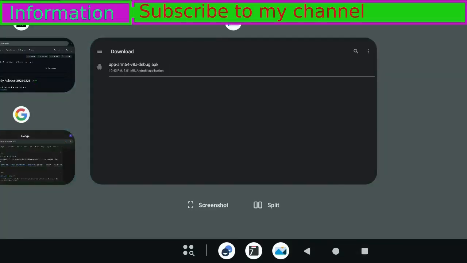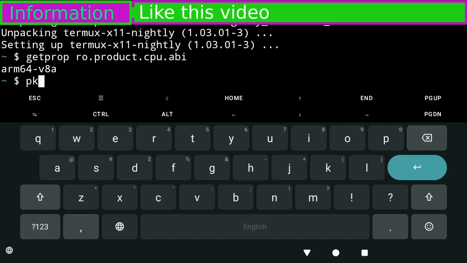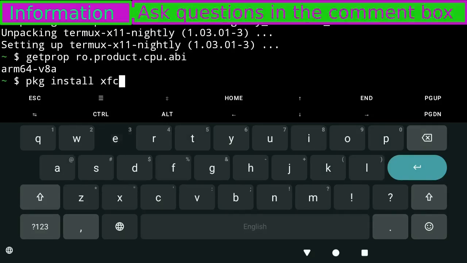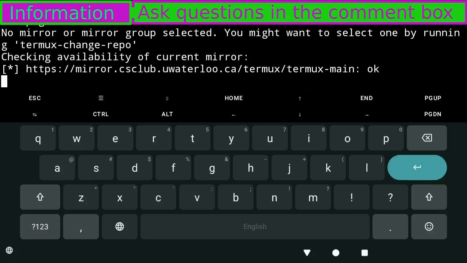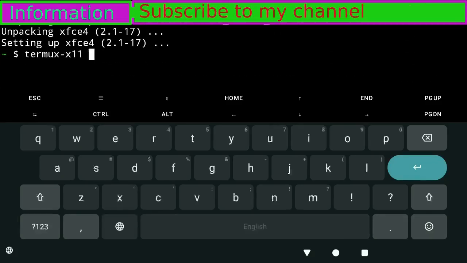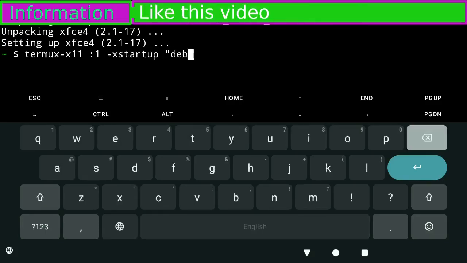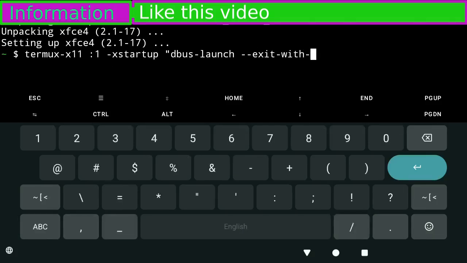Open the Termux application. Command number 4. pkg install xfce. Command number 5. termux-x11 :1 -xstartup "dbus-launch --exit-with-session xfce4-session"